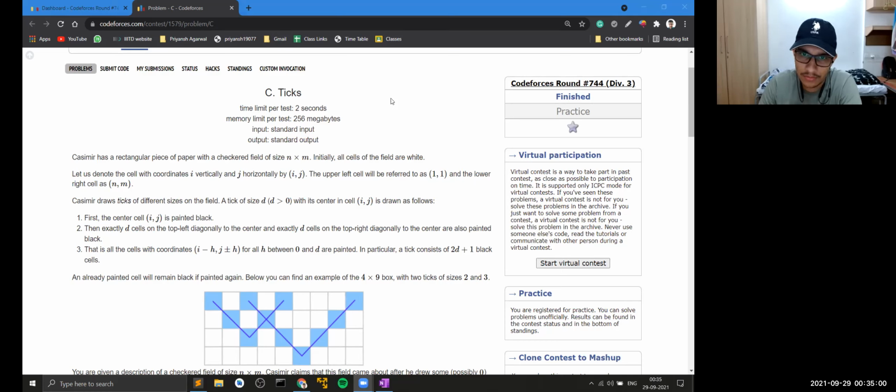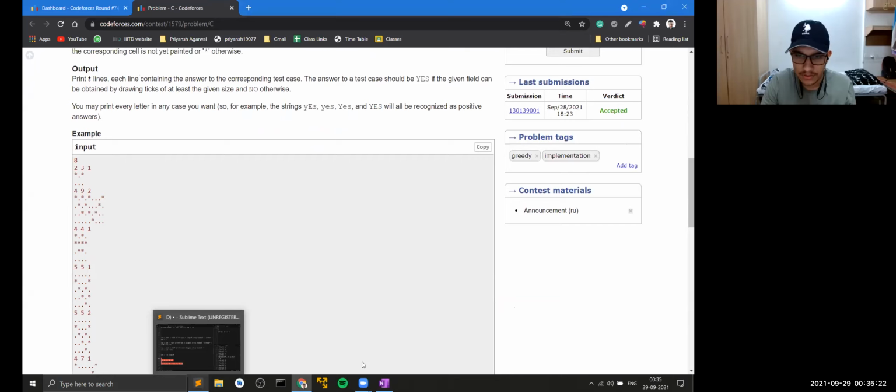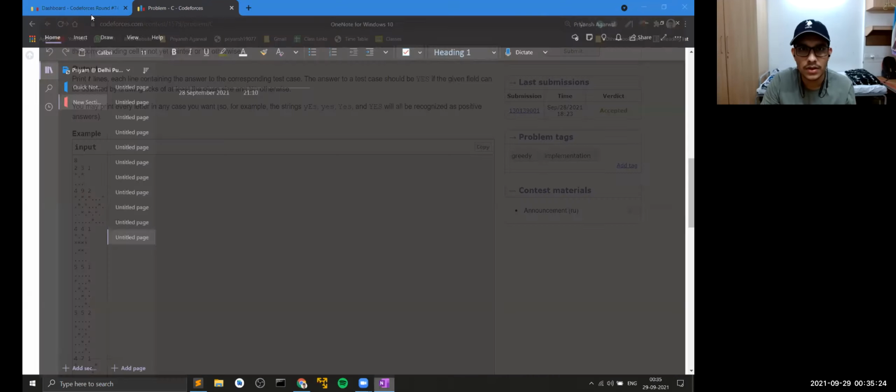Not able to do, okay. Implementation took the whole time. Okay, implementation was not that heavy, I would say. I think implementing B was even harder than implementing problem C, in my opinion. So yeah, let's discuss the approach here. Let me open OneNote here now for this.